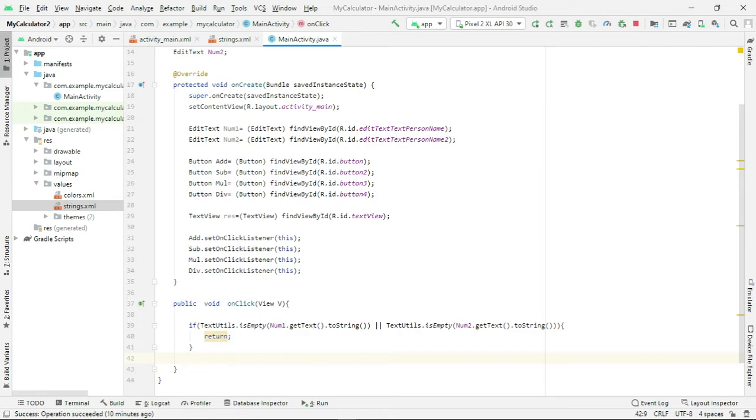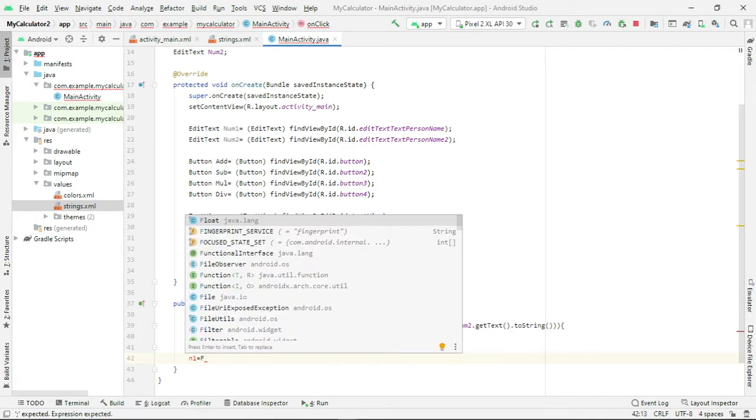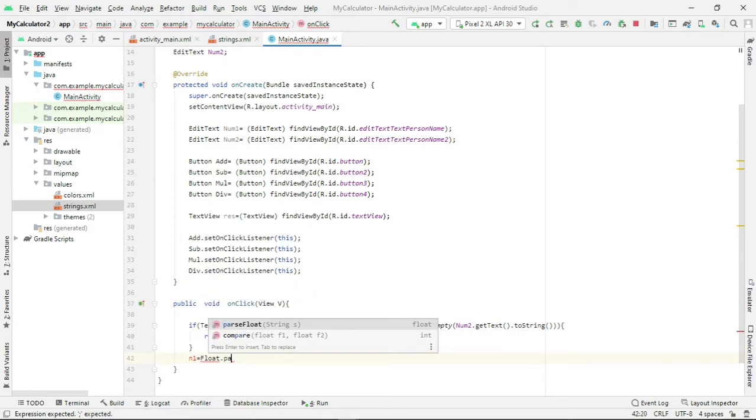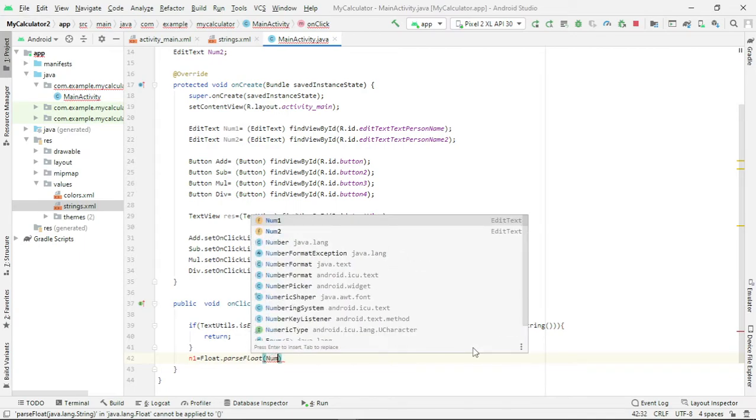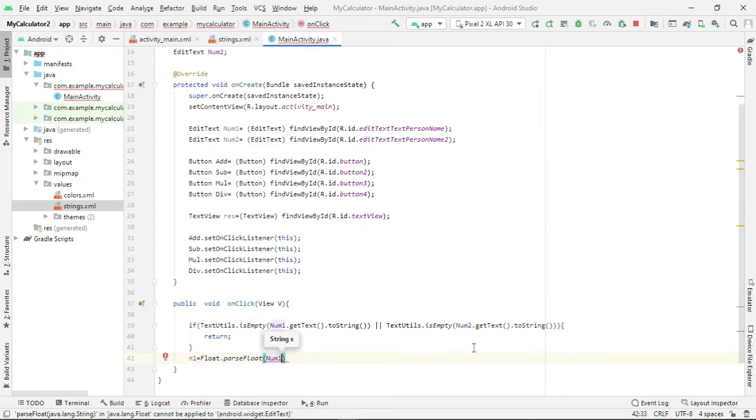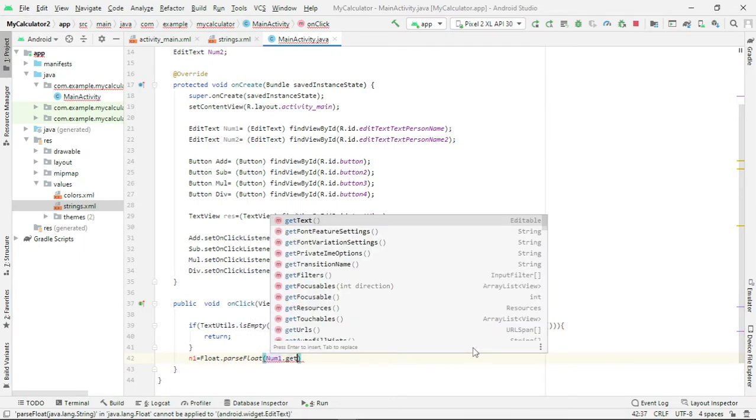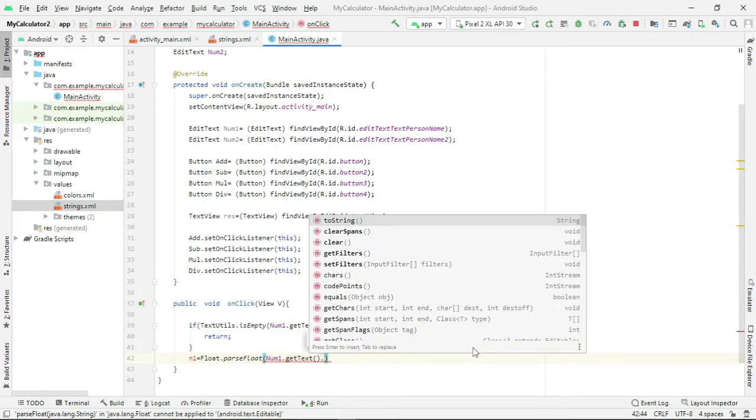So now let me read the values. Num1 equals float dot parseFloat num1 dot getText dot toString.